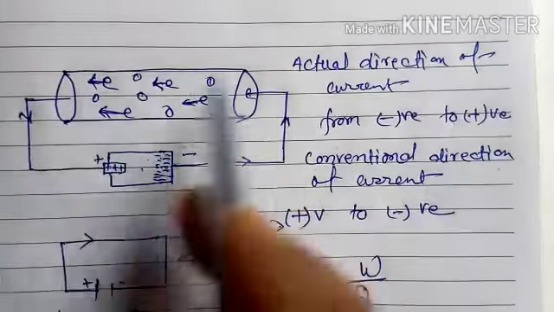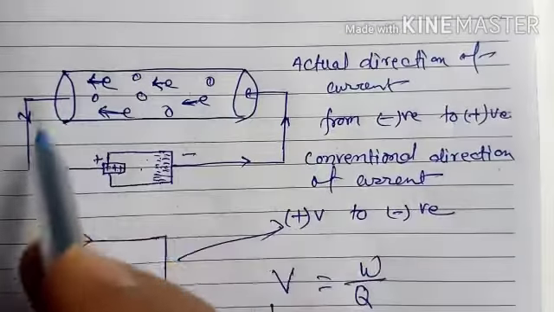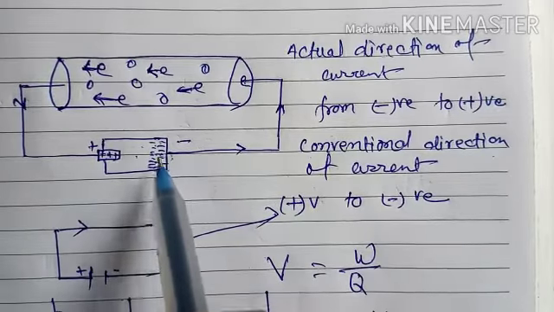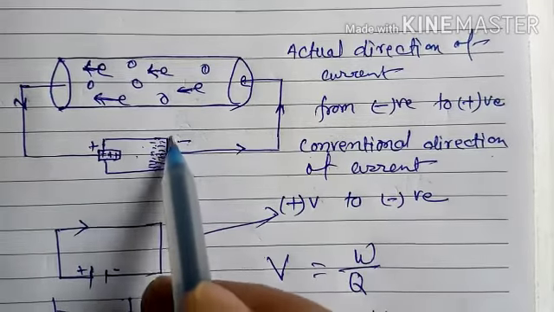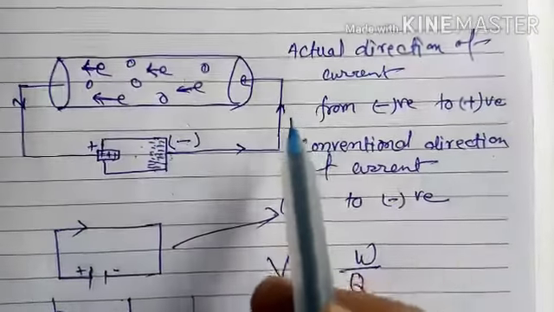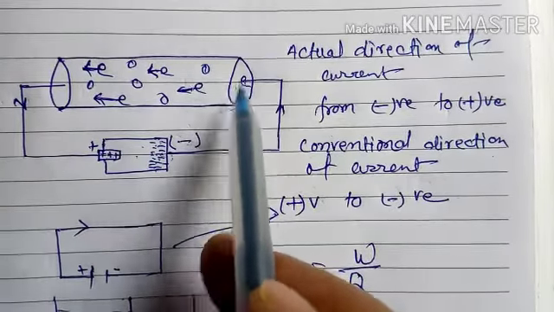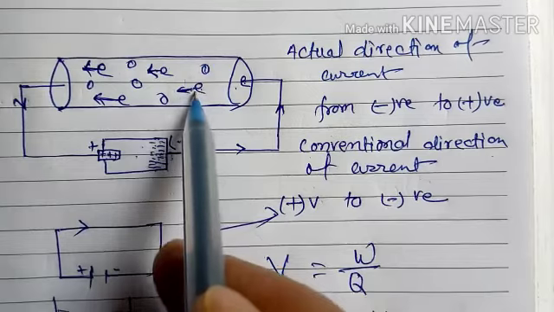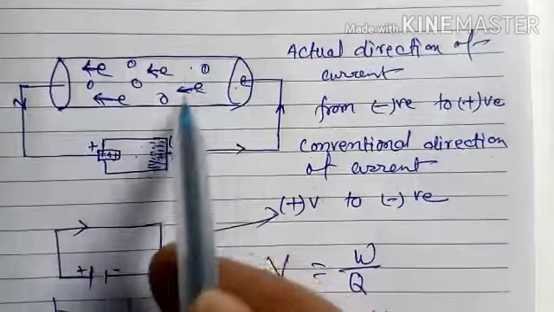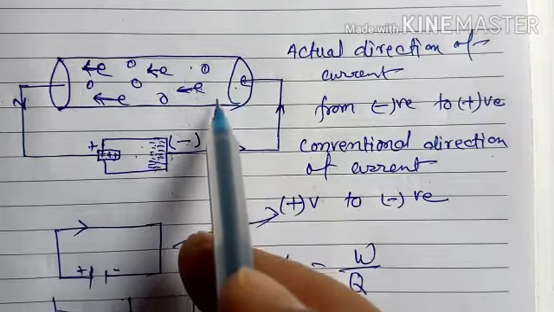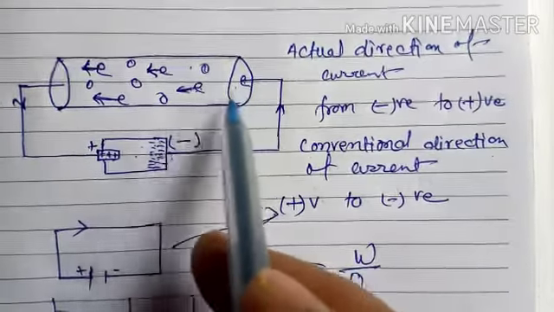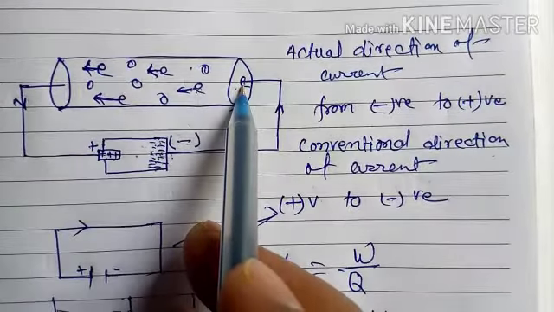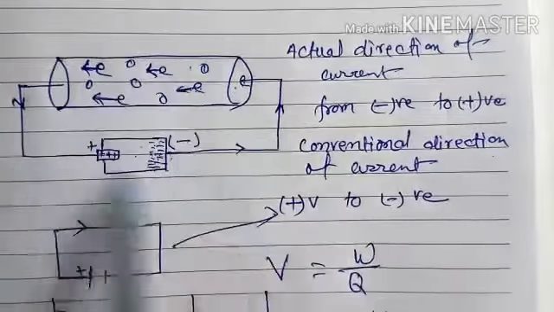So the question arises, why does it move only in this direction? Because it is actually the electron which comes out from the negative terminal of the cell, and when it comes to a conductor, it exerts a repulsion force on the electrons present in the conductor, because both are like charges, negative charges, and like charges repel each other. That's why they start moving in a particular direction away from this electron.